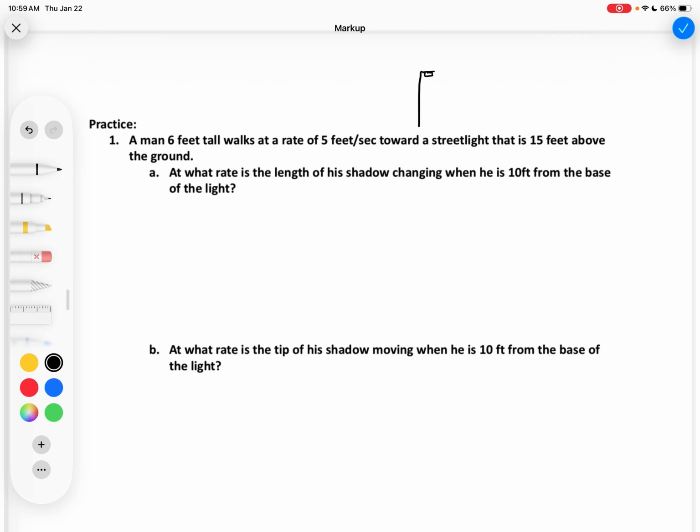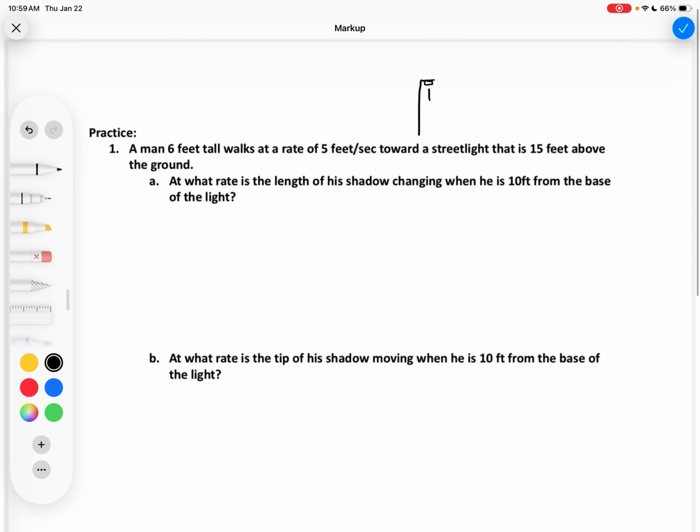And might not be the best depiction of a street light because it technically says from the base of the street light. Yeah, but the base of the light would be where the light is on it, because the way a normal street light looks, with the huge arm sticking out, you'd have to be looking from where the light is coming down technically if you were doing a problem like this. So anyways, we're just going to pretend that the light is directly on the pole. And so then